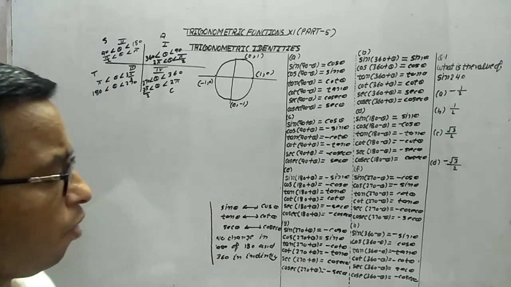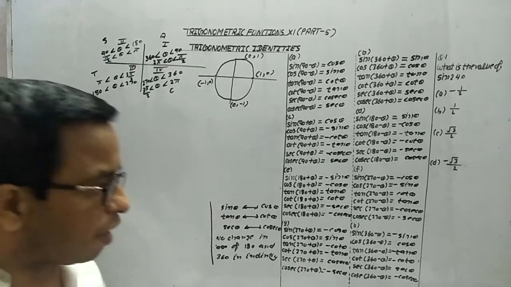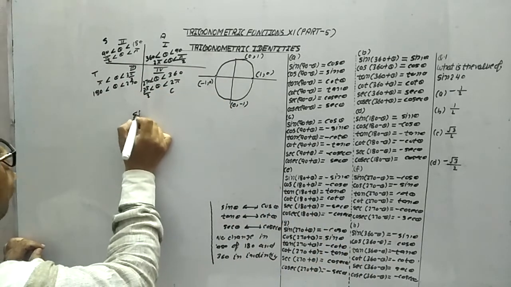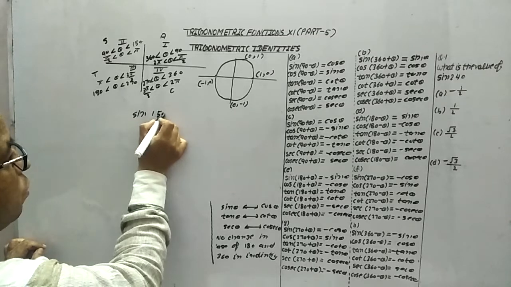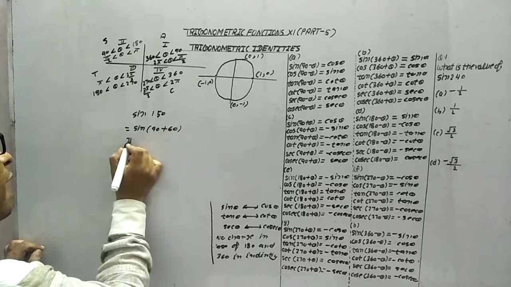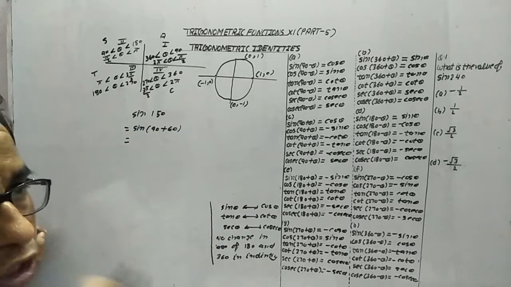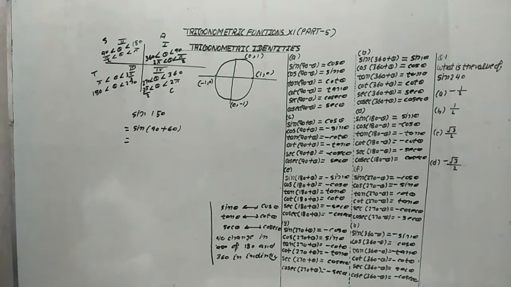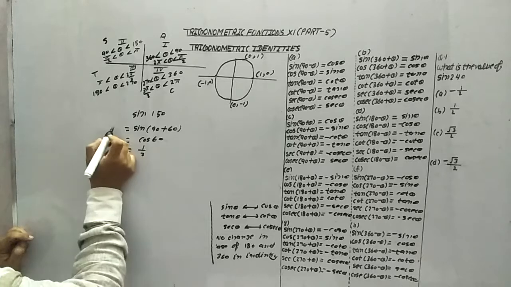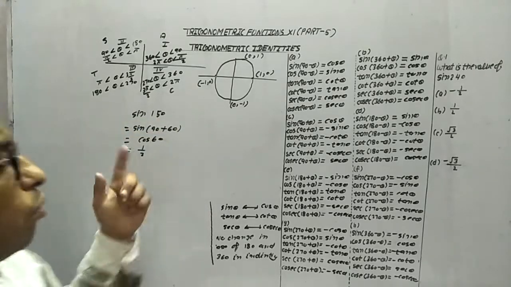So now I am telling you one more thing, which is again very important. Look at this thing. Suppose I have to find out the value of sin 150. So what will we do? We can write sin 90 plus 60. Sin 90 plus theta, it means we are in which quadrant? We are in second quadrant. In second quadrant, sin 90 plus theta means cos theta, and cos 60 is equal to 1 upon 2. So this is the way to find out the values.